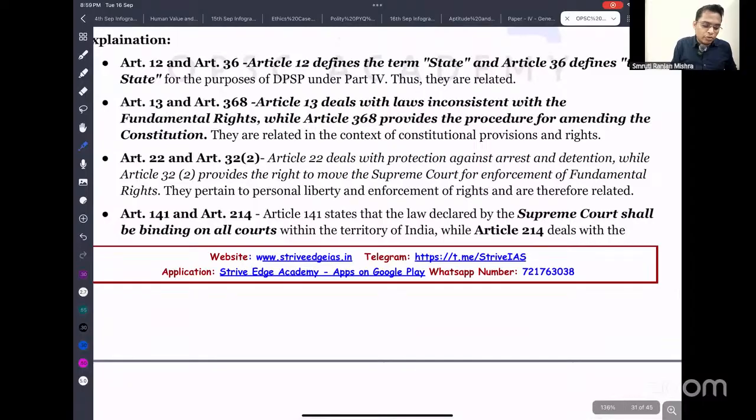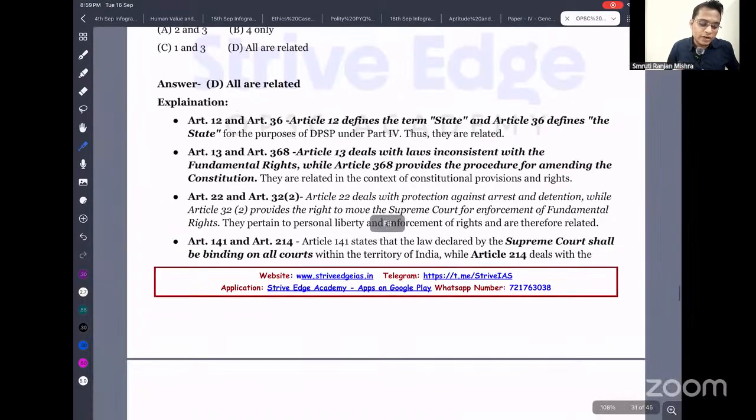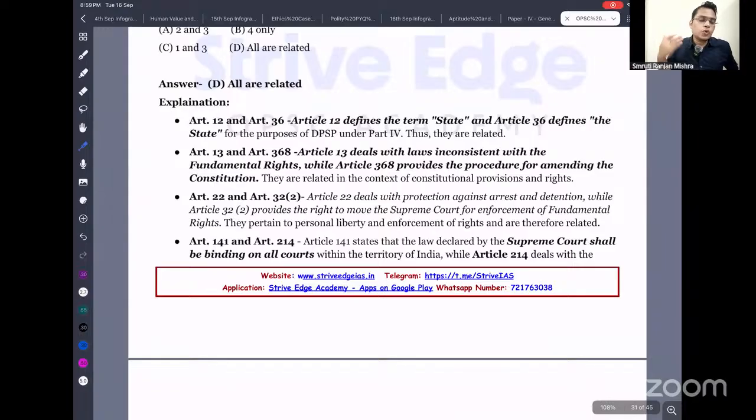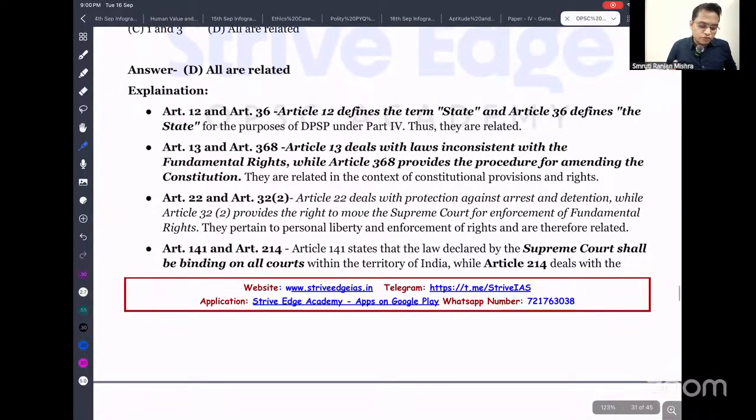So next one is about Article 22 and Article 32 too. Why are there so many wrong? Because OPSC is committing so many mistakes. I don't know what they are doing in their official answer key, or how they are making these questions. There is a huge amount of wrong answers given in their key. So that is the reason there are a lot of discrepancies. So don't worry about that. I am going to help you to mention which one is right.